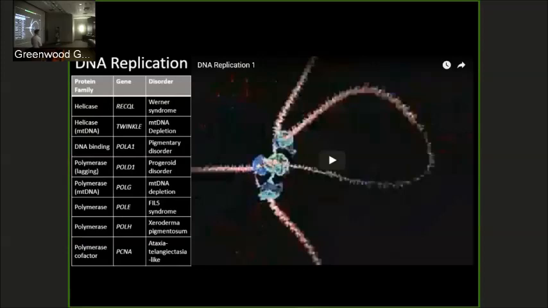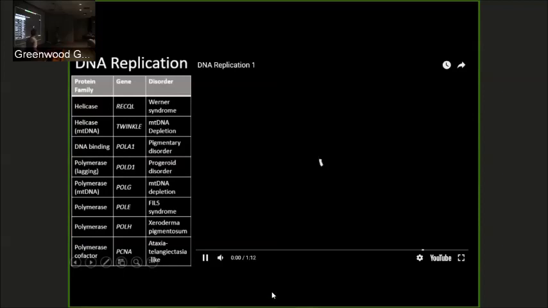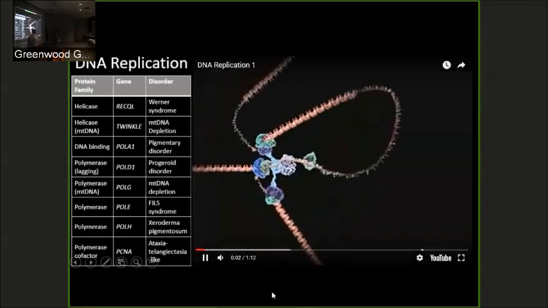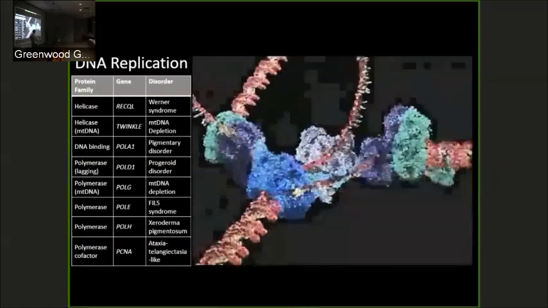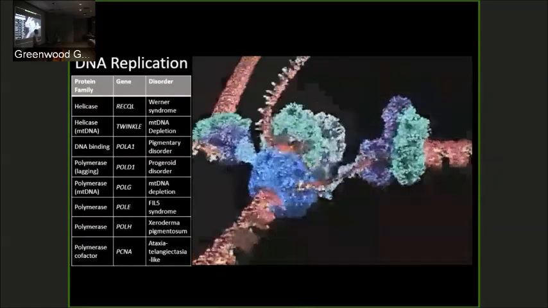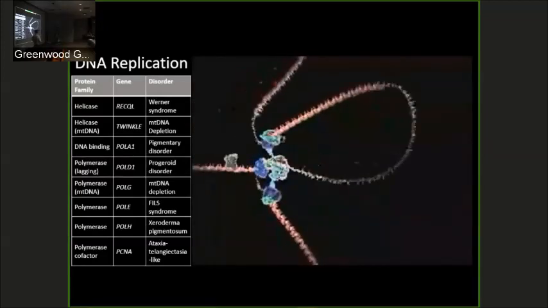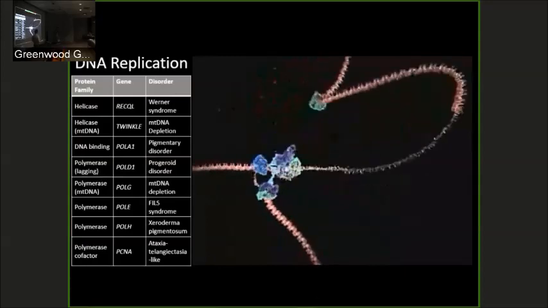So I want to look at DNA replication in a way that we don't tend to see it. And on the left, I've thrown up some of the genes and conditions that are related to this process. But really, I want to focus on this animation and take a look at what it looks like from a protein perspective. So as double-stranded DNA comes into this complex, it first encounters this nuclease, which is spinning around at 50 to 100,000 RPM. And so that molecule, instead of spinning as fast as a jet engine, separates these two